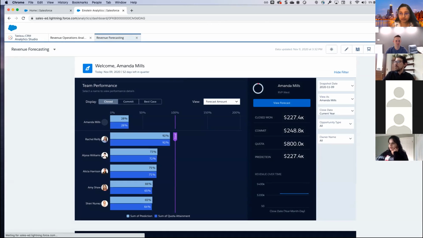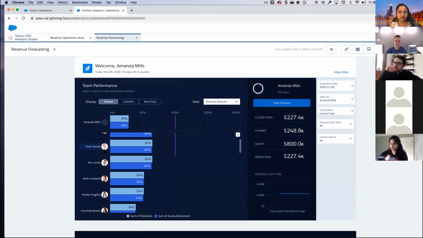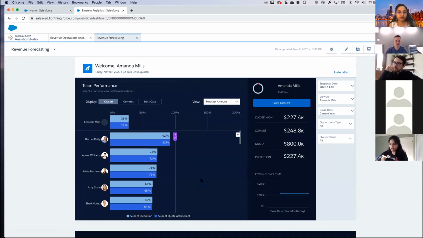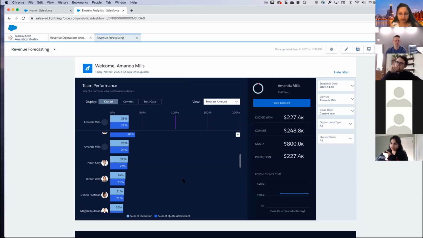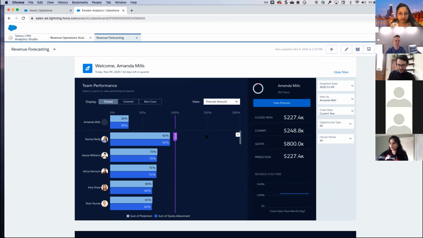So in here, we're looking at Amanda Mills' team. She's the sales leader, and she has a team of sales reps that are working to close quota this quarter. And in here, right off the bat, you're able to see your top performers and your sales reps who do need coaching or who have yet to get to the goal line. And here, Amanda can assess during every forecasting call where her quota is at this point of the quarter and